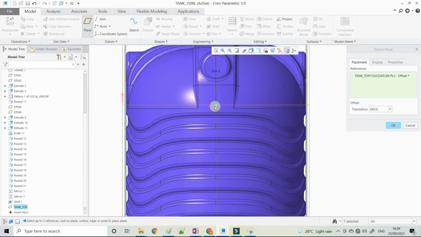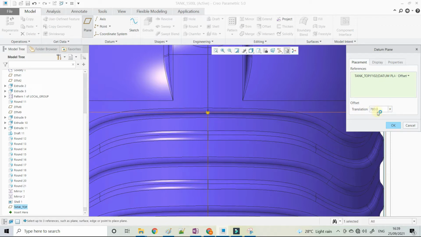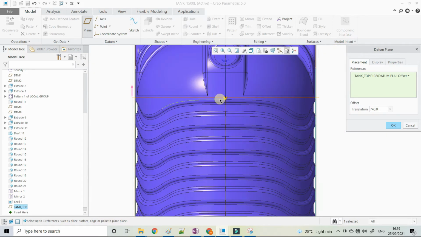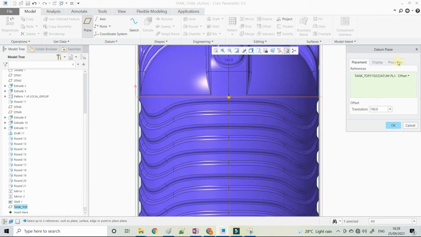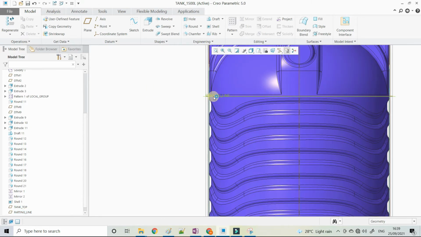Now I'm creating the parting line plane. I'm splitting the mold into two halves, around 800, no, 780, no, above the 720, yeah, 730 we can keep here. Okay, 740. Here is the plane offset from the top, that is our parting line. You can give the name in properties, parting line, and say okay. Now you have decided the parting line.